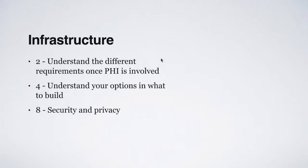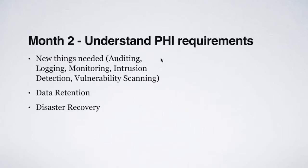It's first understanding the different requirements once PHI is involved. Next is understanding your options and what to build. So what can you do? Can you build it yourself? Do you need to rely on a vendor, somebody like Danica? And then finally, starting to understand the nuances of security and privacy, which again is as much knowing and doing